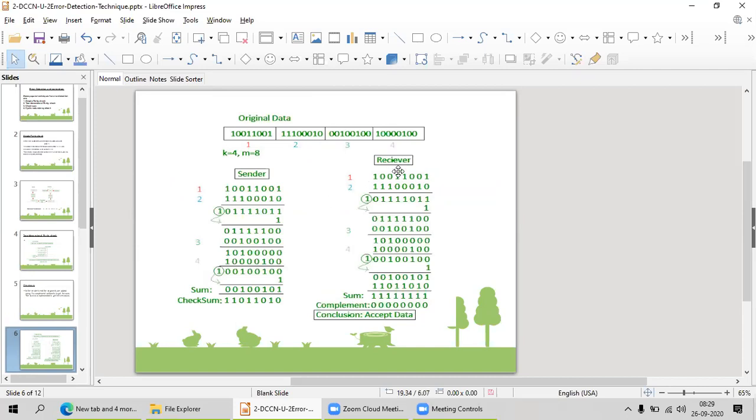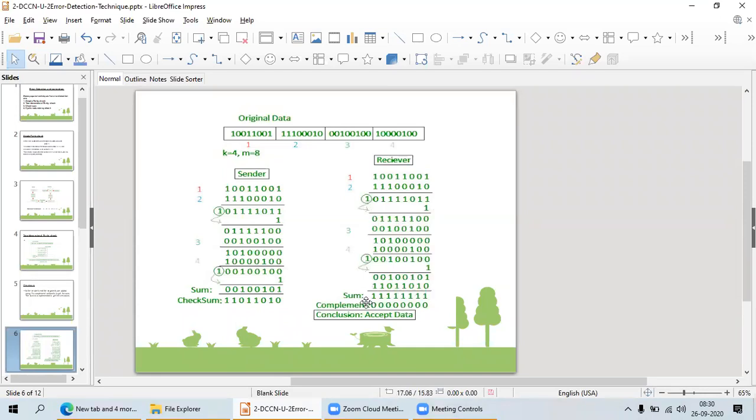The receiver end also does the same with whatever he has got. He is going to compute the checksum again. Here he got the data word. He is doing one's complement. Next the third word is added, next the fourth word is added. After that he takes the one's complement and gets the sum, checksum.